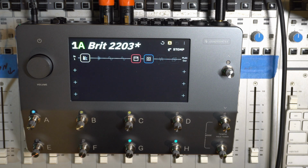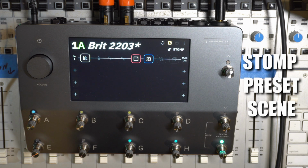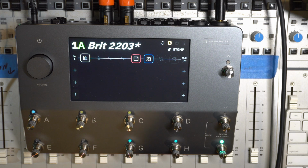With the Quad Cortex, you have 3 different modes. You have Stomp mode, preset mode, and you have a scene mode. Stomp mode is great because you can program any one of these buttons to turn on and off an effect. So in this case, on H, I have a reverb. So I turn that on and...